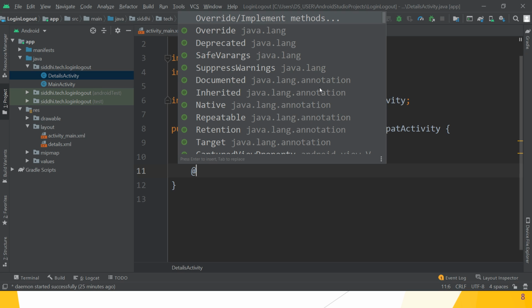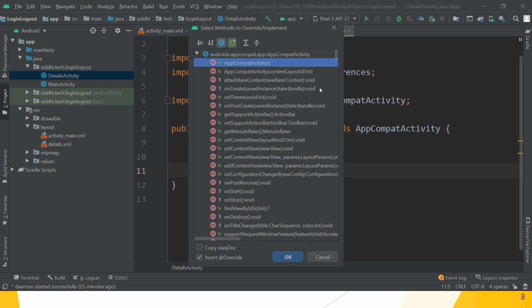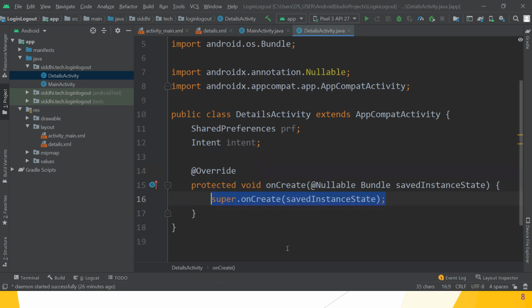Override protected void onCreate. So this is the onCreate method, which we want to override. Great guys, hope you understand. This is the onCreate method.